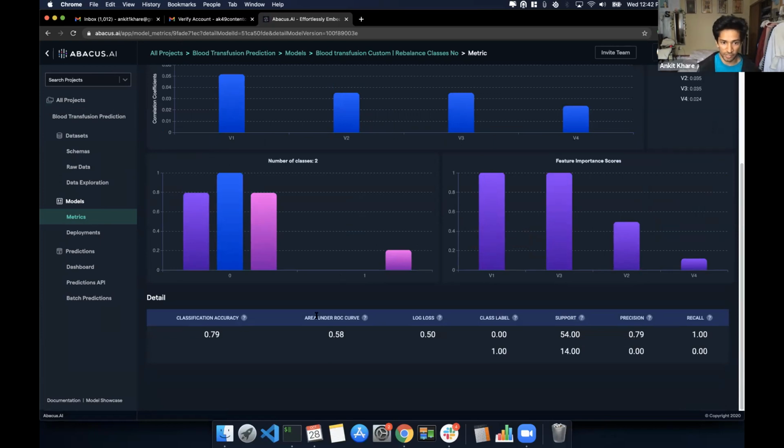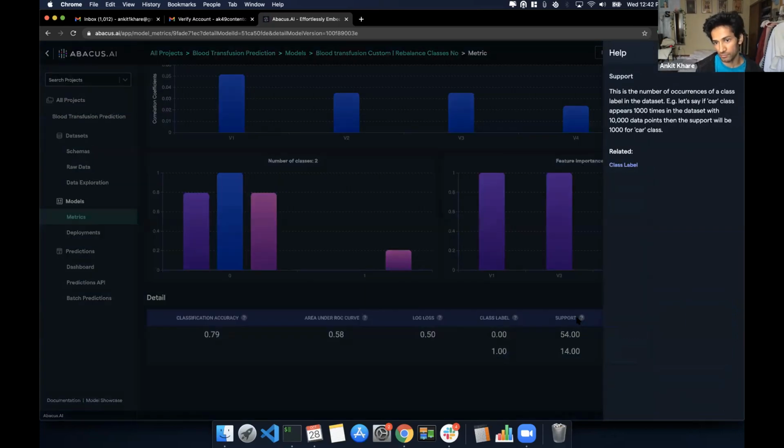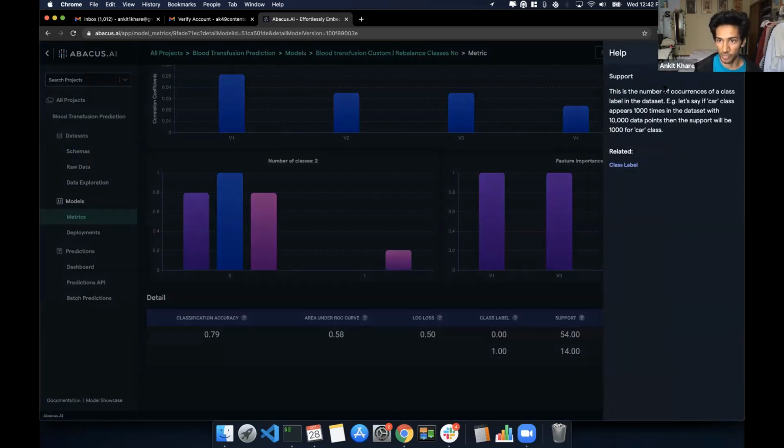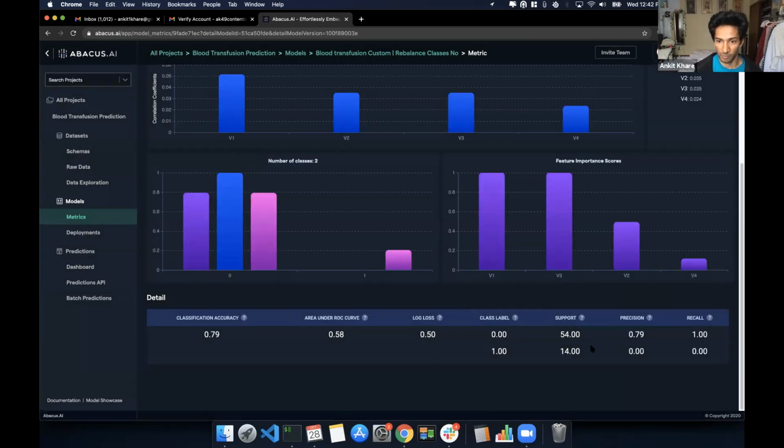So these are the very same metrics that we discussed earlier: classification accuracy, ROC, loss, label, support, precision, recall. Support is the only one that I missed, but it's so intuitive, you don't even need an explanation. 54: these are the number of ones and zeros in there, and the number of ones is 14. So as you can see, that's the amount of class imbalance that exists here. And you can obviously use the contextual help if you want. But anyways, coming back to